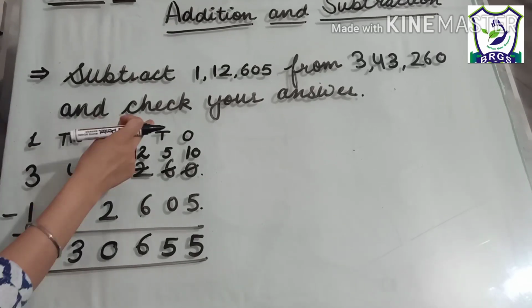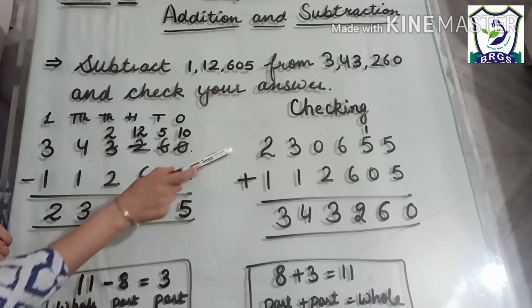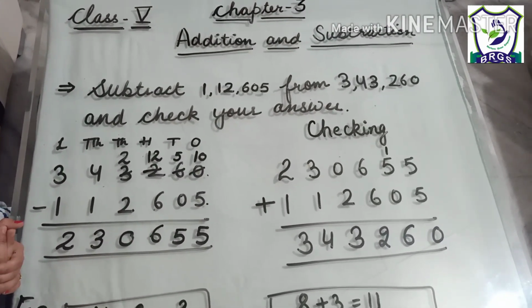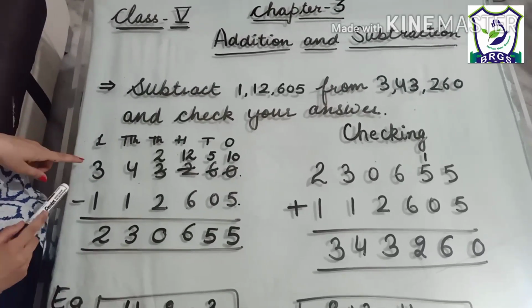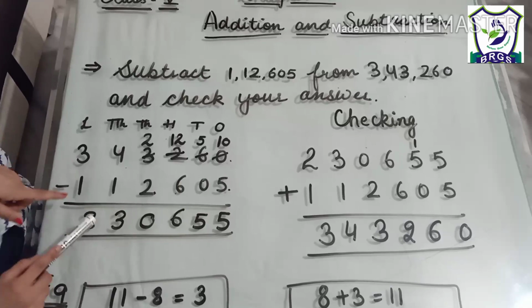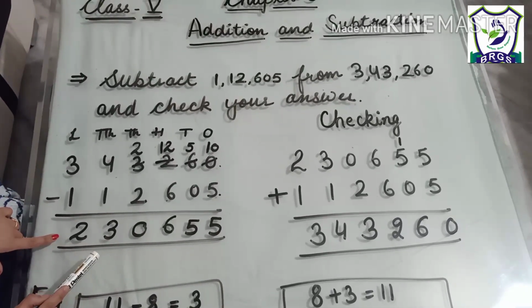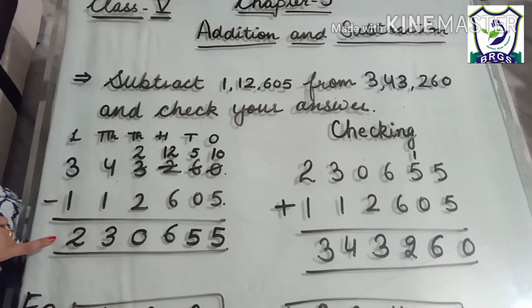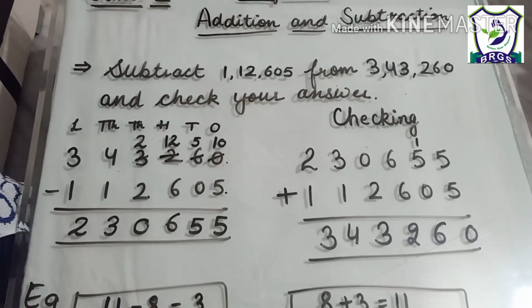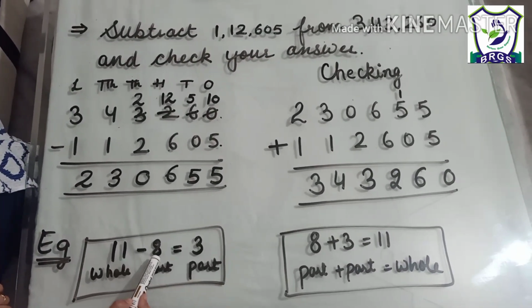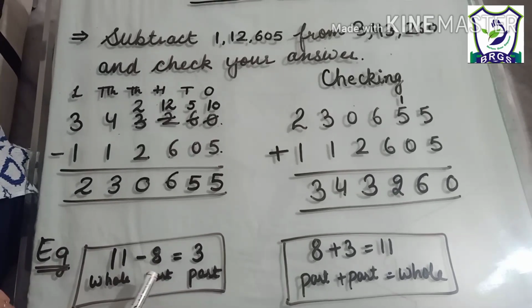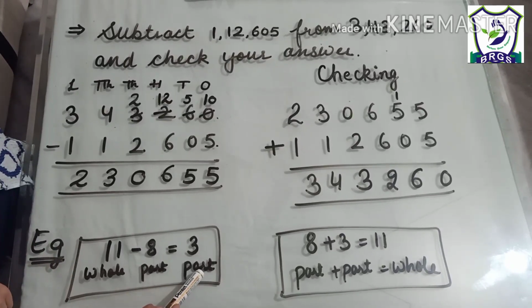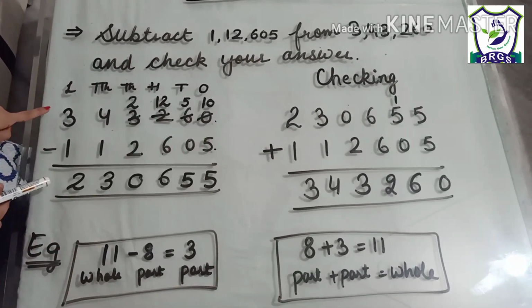Now next one is to check your answer. How we can check our answer, and I will tell you about the relation between addition and subtraction. Okay students, so here we are subtracting something from this number and we are getting this number. I just already told you just before this the relation between addition and subtraction. I want to relate you with this question like this, because they have taken this example as 11 minus 8. What we are doing, that 11 take away 8 means whole minus part will be the another part. This is the same situation here also.